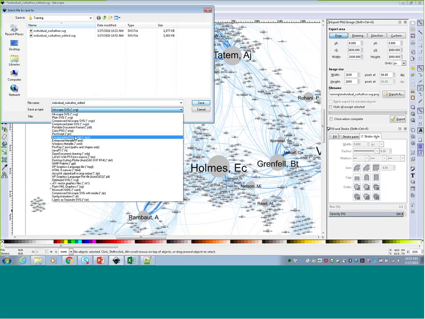You can also save it to an encapsulated PostScript file, which again, a lot of the journal editors will prefer for publication. So you can save it directly to that EPS file and then have it in a file format that you can put into a publication.